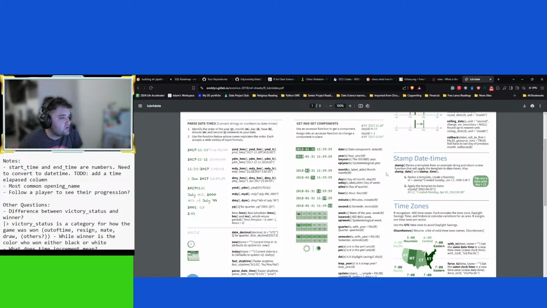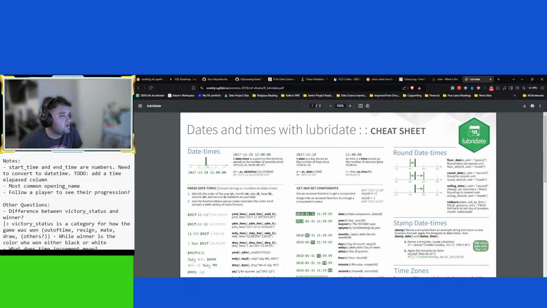Okay, so what I'm trying to do is find a function. I thought there was a function that changed, because I think those are seconds.